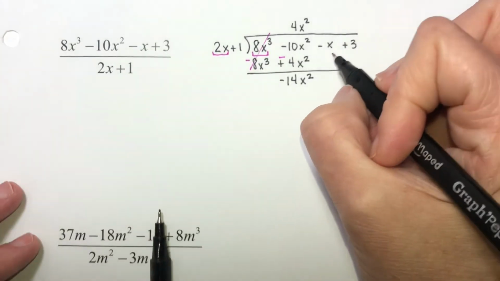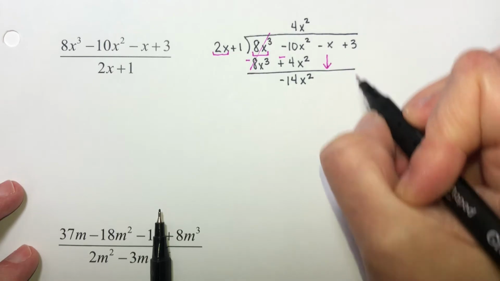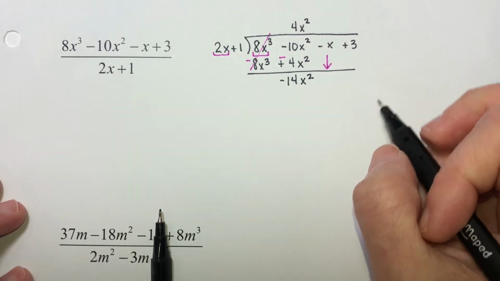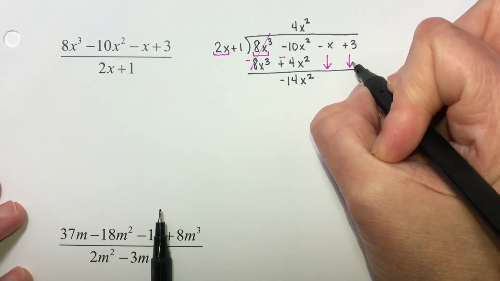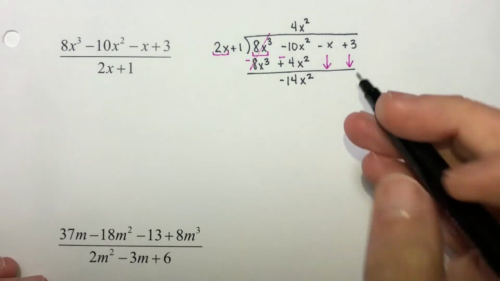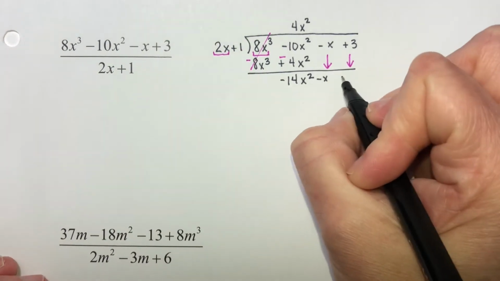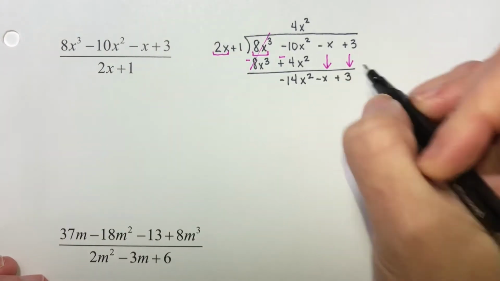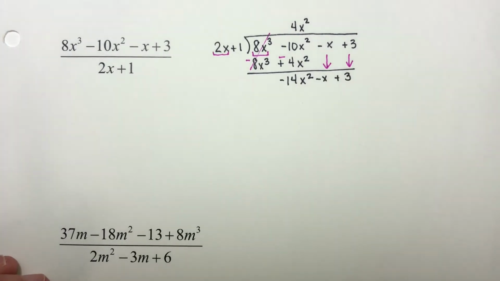Now, technically, all you need to bring down is the minus x. But from long experience, I suggest you go ahead and bring down everything. I've seen too many people do everything correctly, but then lose something. They think they're done, but they're not quite. If you go ahead and bring everything down, it will help you avoid that mistake. Okay, and as always, anytime you're doing a recopying step, take a second to double check that you haven't written